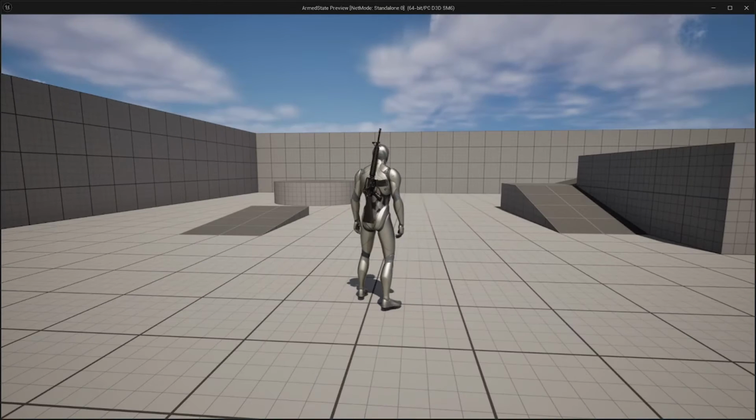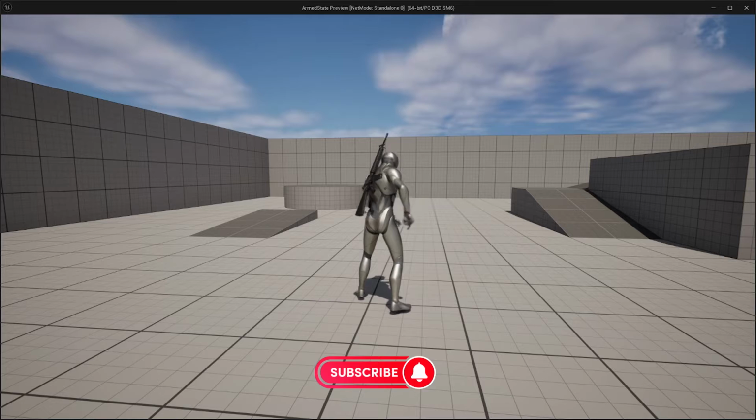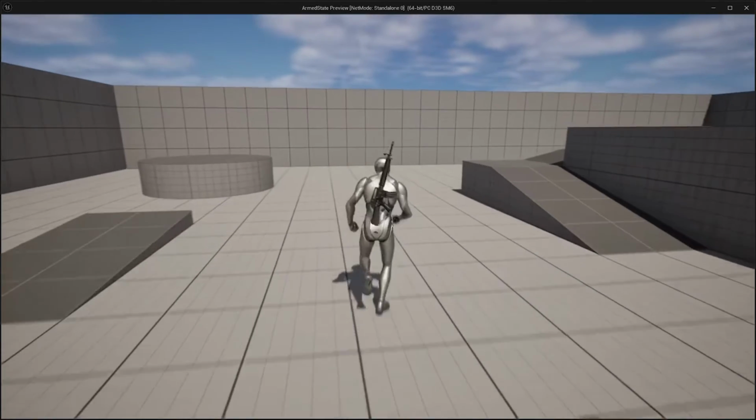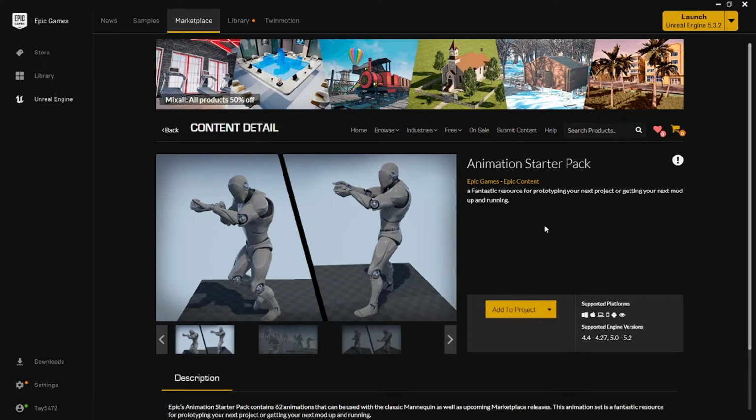Hey guys, in today's video, we're going to be making an equip and unequip weapon. So you'll be able to equip the weapon, and you'll also be able to unequip it. And yeah, that's all we'll be doing in this simple Unreal Engine 5 tutorial. Let's go. Before the video starts, make sure you have the Anim Starter Pack installed, and also you have the